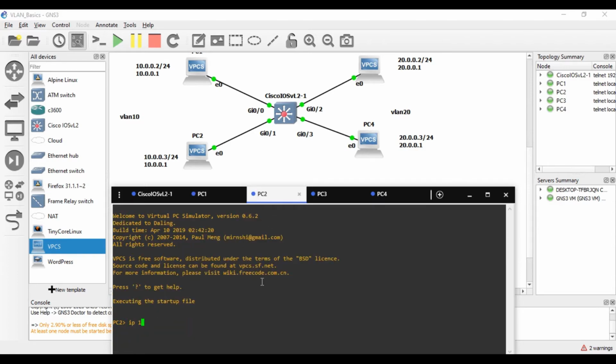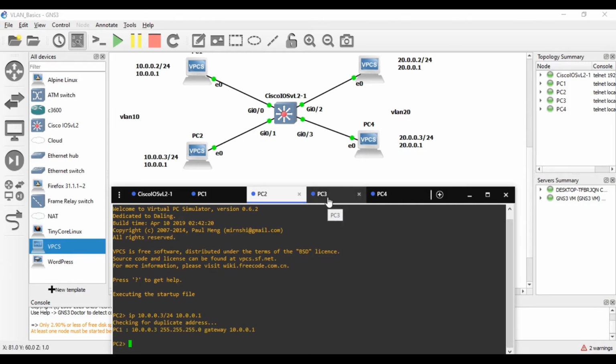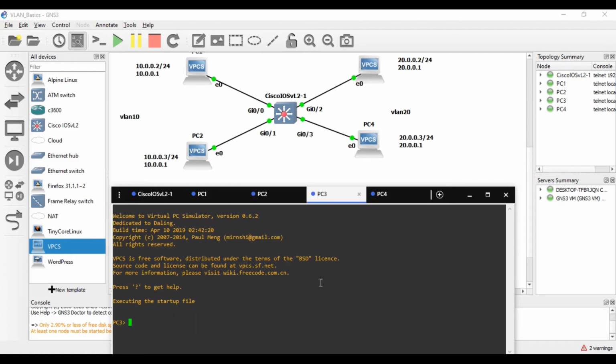Then PC2 with 10.0.0.3/24. Okay, it's done, and I will configure the next one, PC3, as